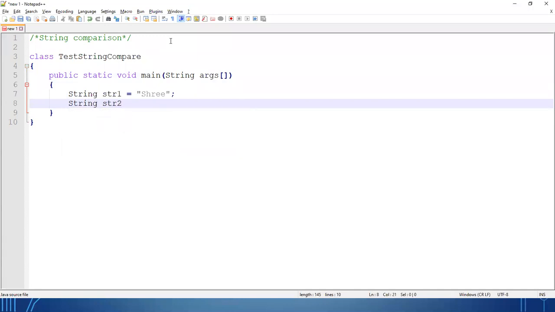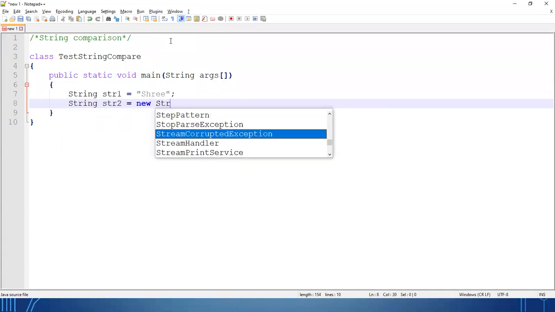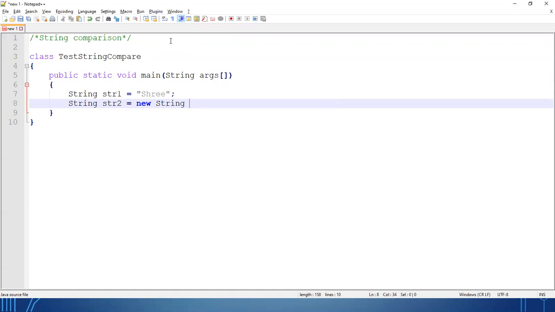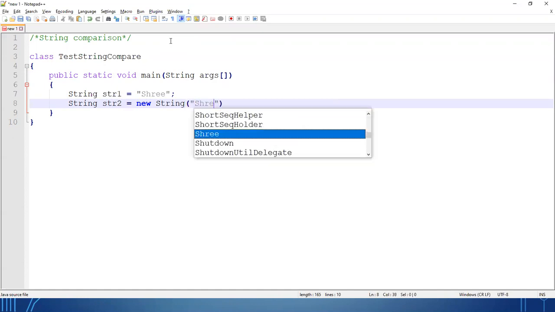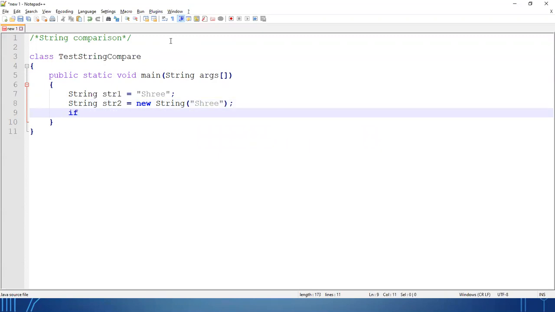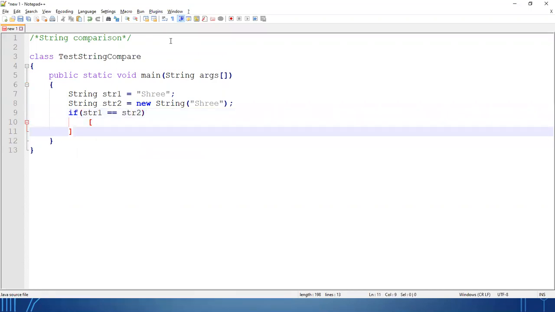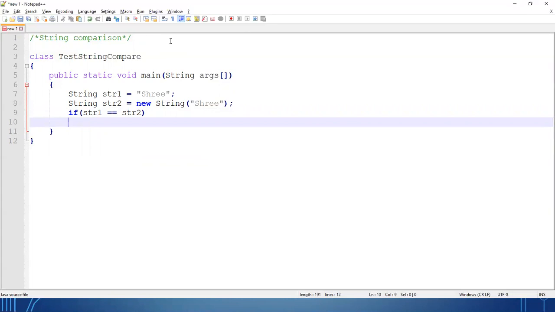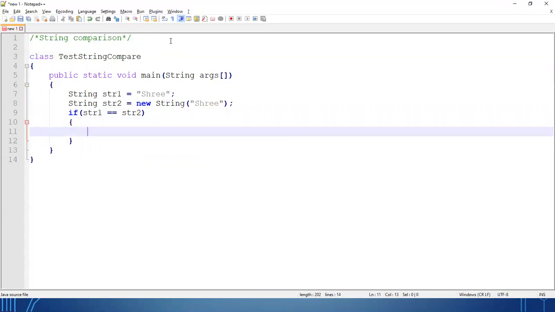Similarly, I create the second string object using the new operator, but assigning the same value. Now I will compare using the equals operator, thinking that I'll get my output.